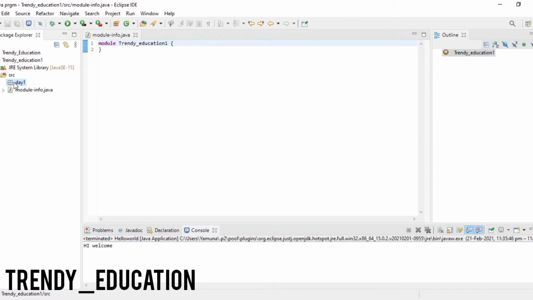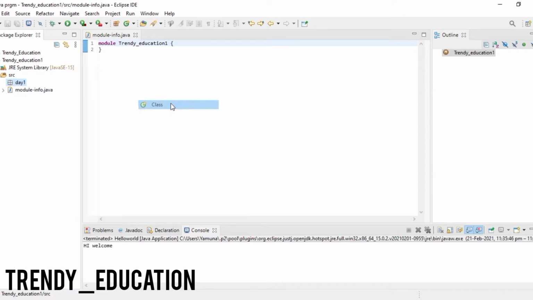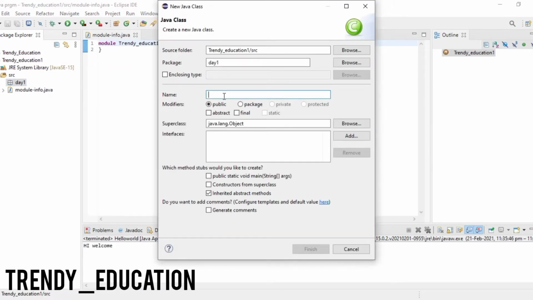Now I'm going to create a class under my package day1. Right click on it, New, click on Class. I'm going to give the class name as hello. Again you can see the name has been discouraged, because the class name should always start with a capital letter.